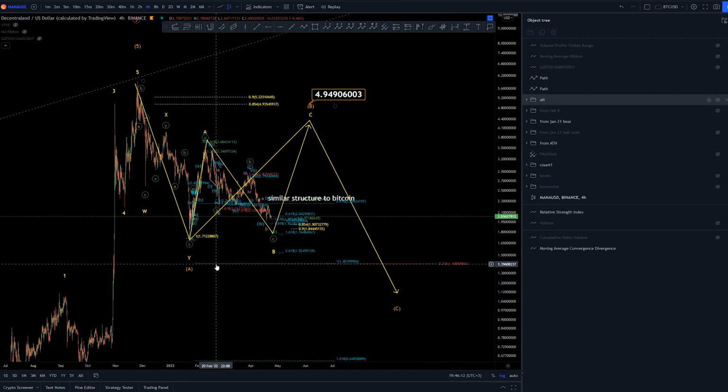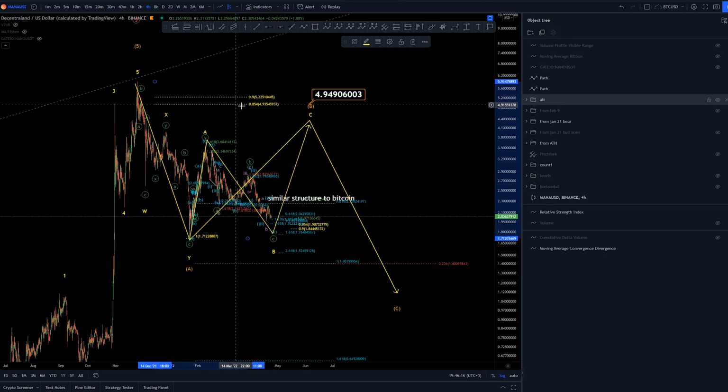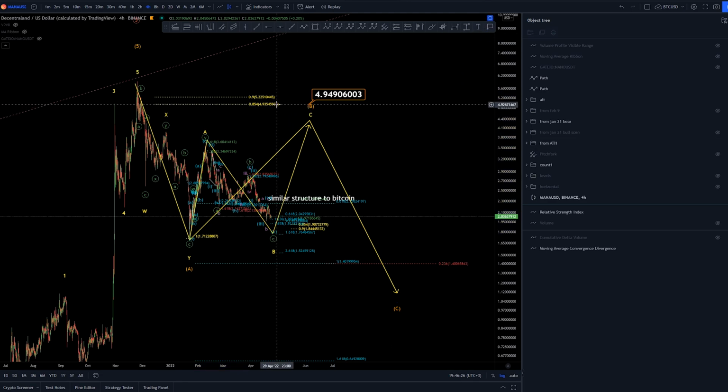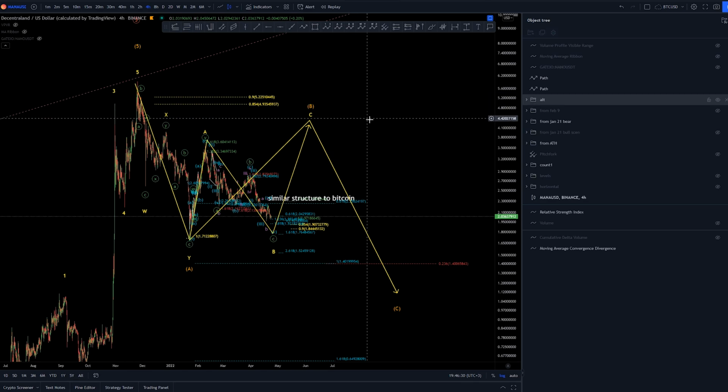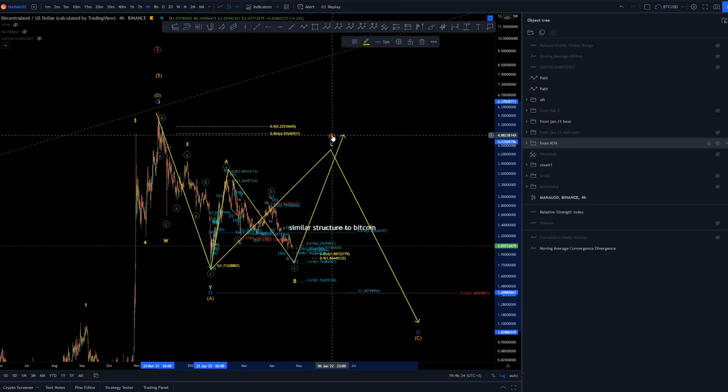The one-to-one extension here is assumed that if we get to the flat pocket here, the minimum retracement for a flat, and again those targets are here at $9.95 area around there,